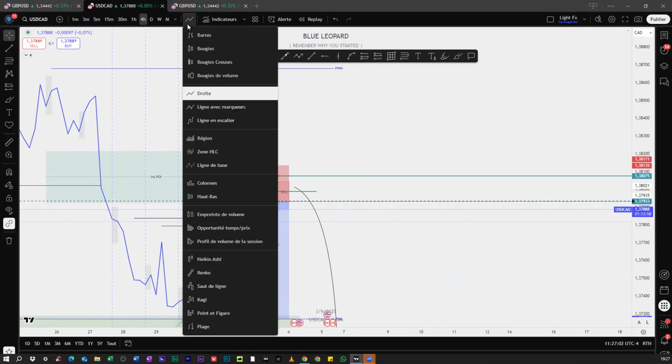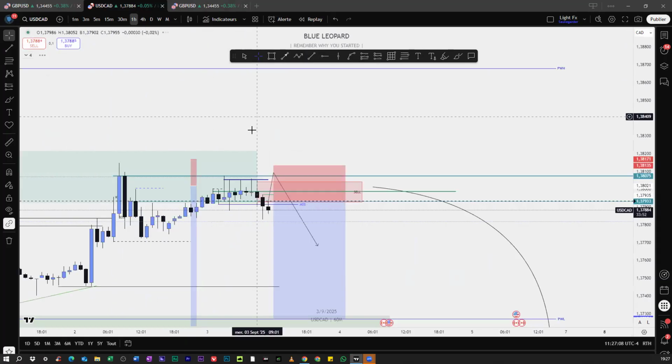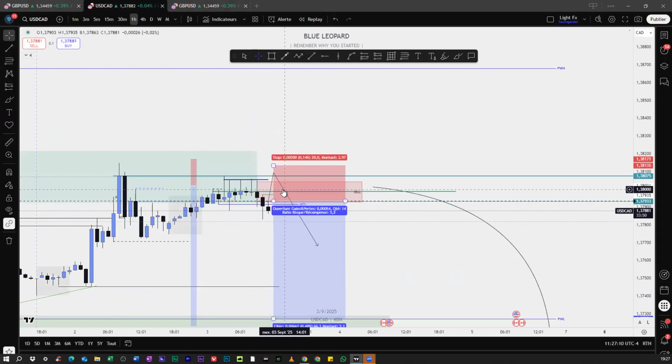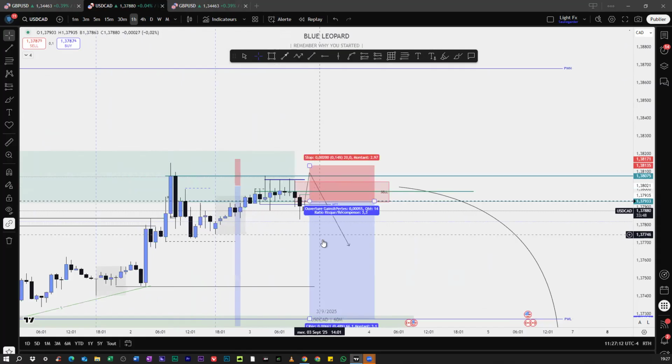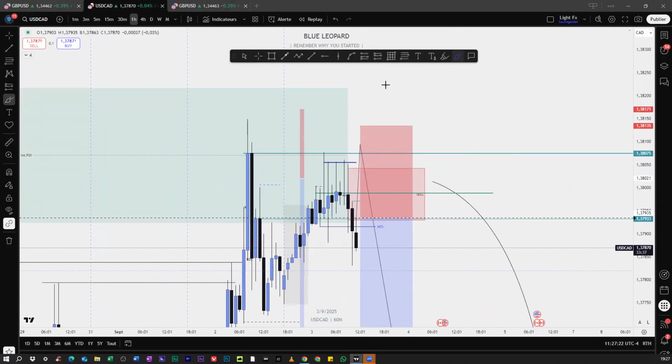If price closes here on H1, we're going to have another push inside this level before we drop. But on the hourly candle, I know we are going down, because after the formation of this doji here,